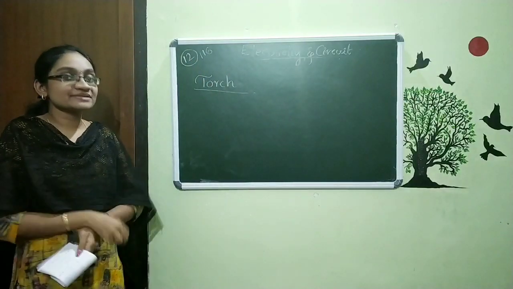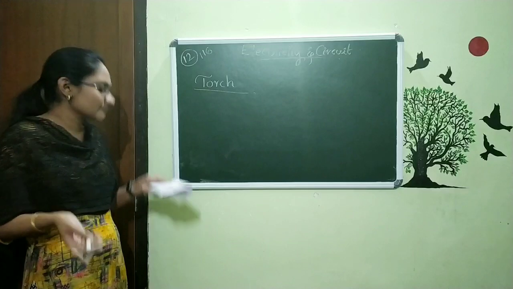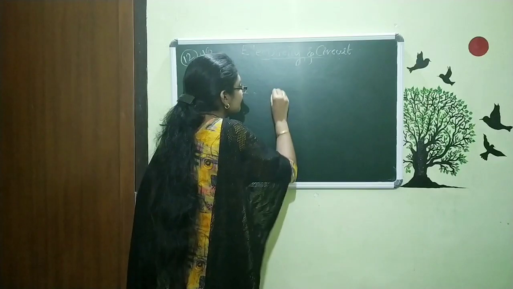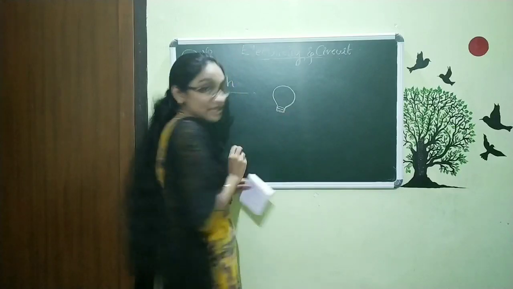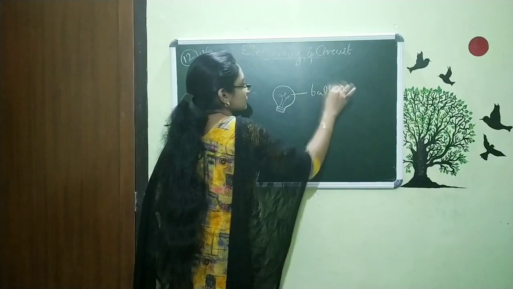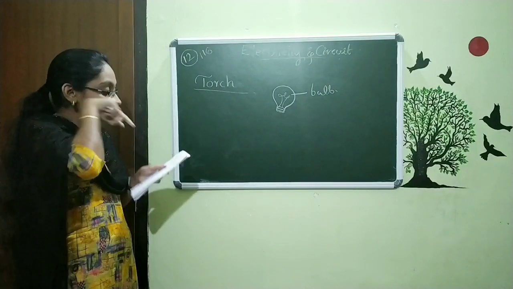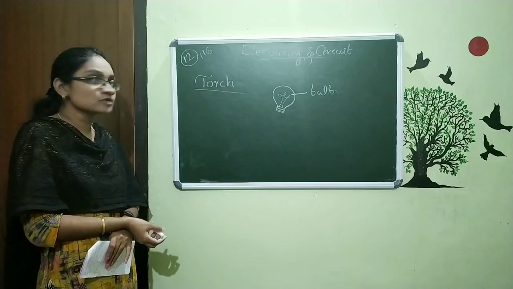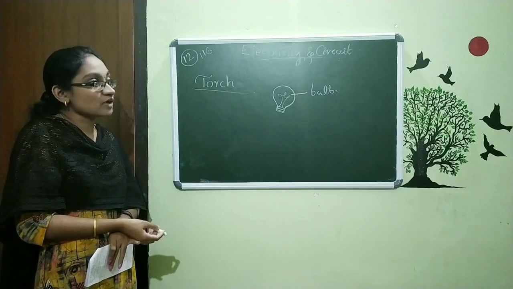So now we are going to study in detail about the torch. And within the torch, what are the parts it includes? Within the torch, the lighting part is the bulb. And how is this bulb lighting? Are we connecting it to our circuit? No, we are not connecting our torch with